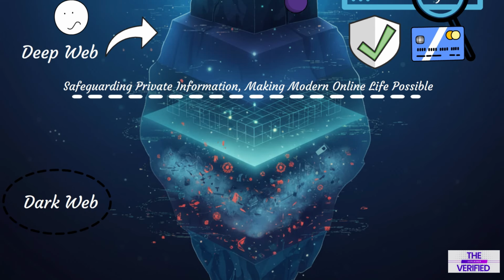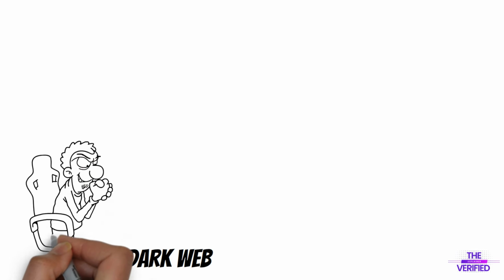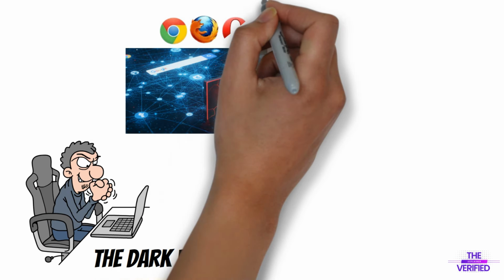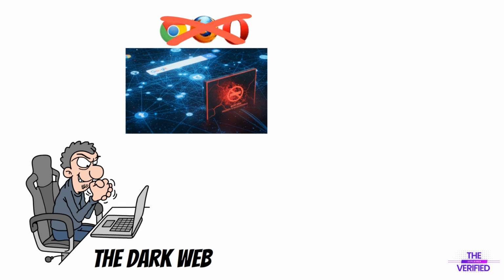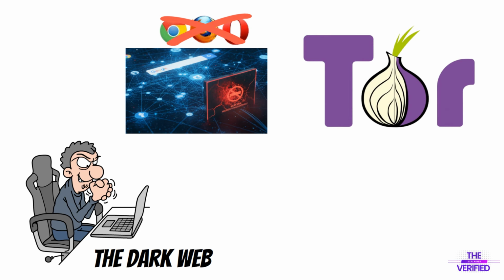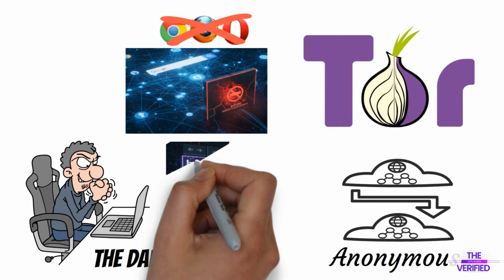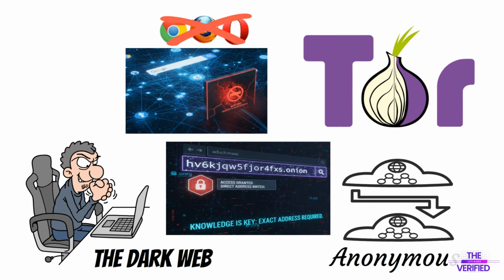The dark web represents a tiny portion of the internet that is totally hidden and inaccessible using standard browsers and search engines like Google. To reach it, special tools are necessary, most famously the Tor browser, which keeps users anonymous by routing their connection through many encrypted servers, called relays. Sites here use .onion addresses instead of the usual .com, and you cannot find them unless you know the exact